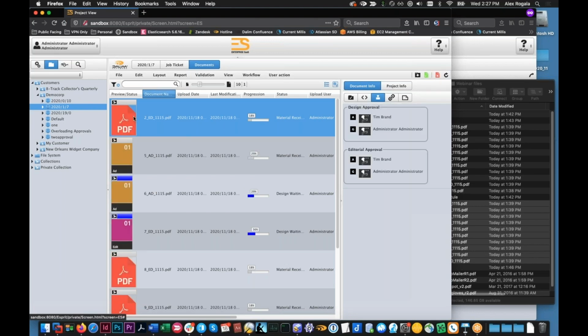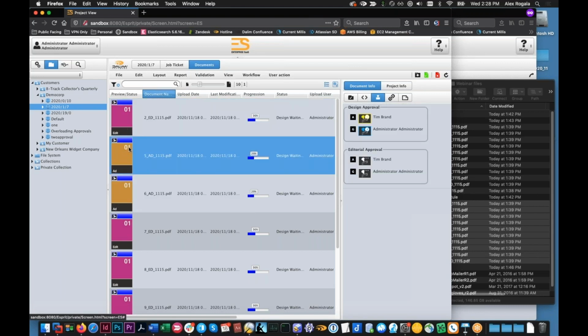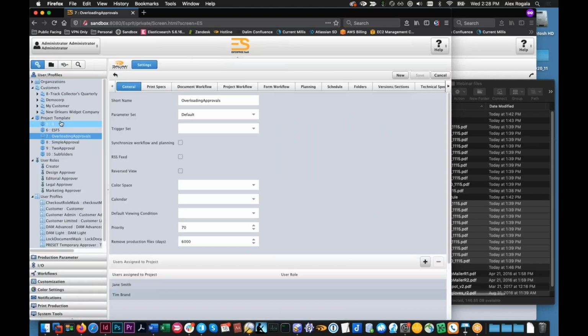Now, one other way you could do this is, and we see this at customers where they might have different departments that want to look at pages and they want to keep an archive of those pages. They want to work in their own little space within a project before the files are finalized, and they want to preserve their individual work. Or maybe you want to do this same add versus edit split, but you don't want to have to key off file name. One other option you have when you're setting up these project templates